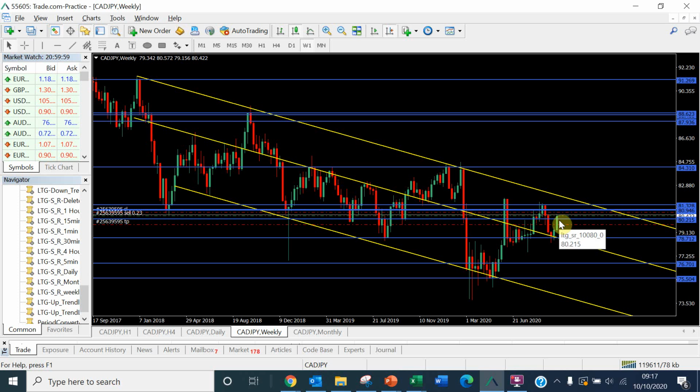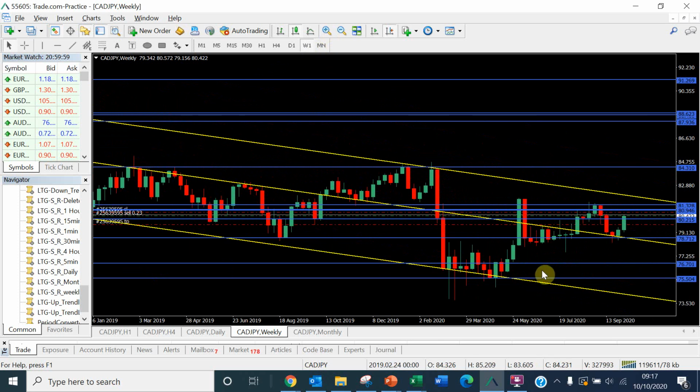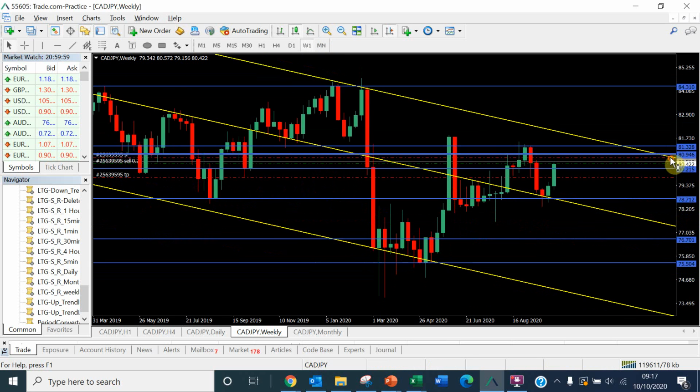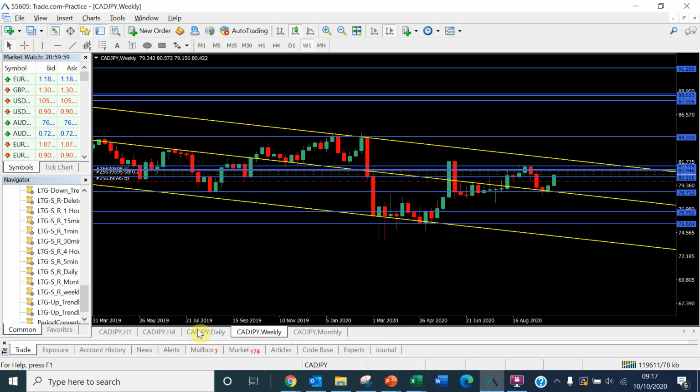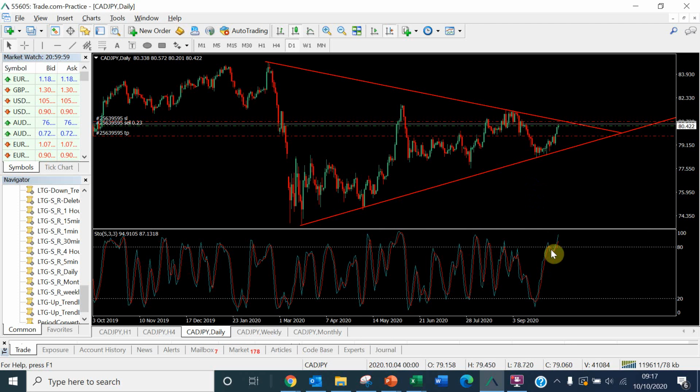We could see a fake break across the level just below it, which, yes, we've broken with a lot of momentum, but it'll be really nice to see maybe a nice drop down, and we can investigate this on lower time frames. So when we go into the daily, again, I've got in our